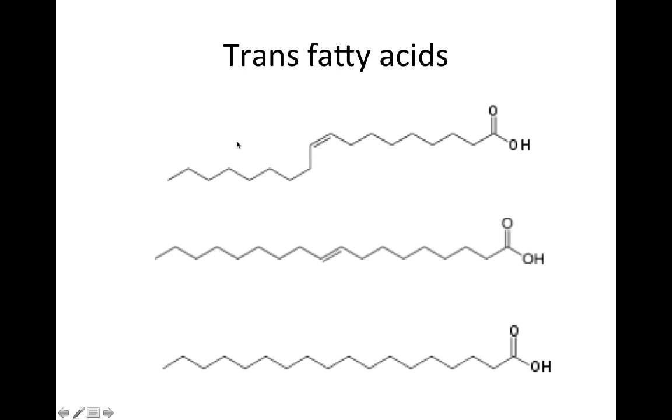as margarine. So trans fatty acids are referring to how the double bond is structured. You'll notice here that the double bond can be structured so that you have the carbon chains extended on the same side, or you can see that they can be on different sides. So here it's going up, here it's going down. If they're on the same side, this is a cis fatty acid. These are how most of the unsaturated fatty acids are naturally,